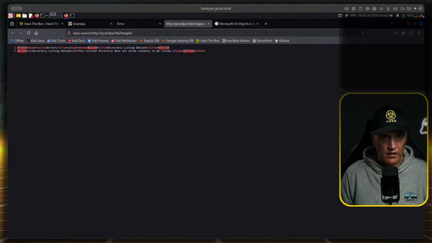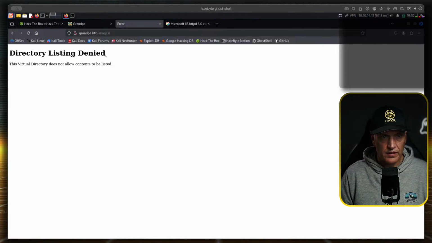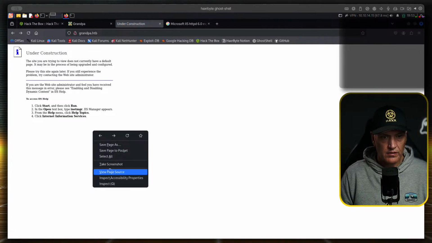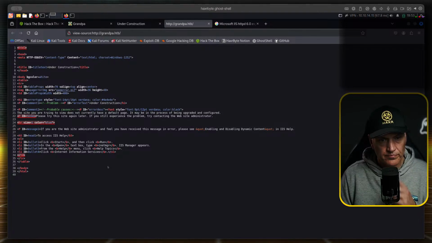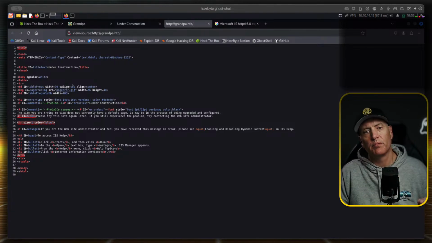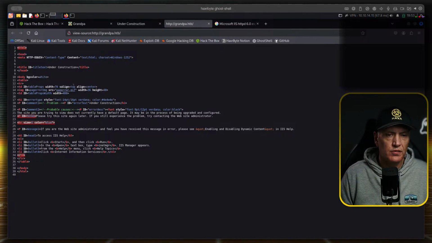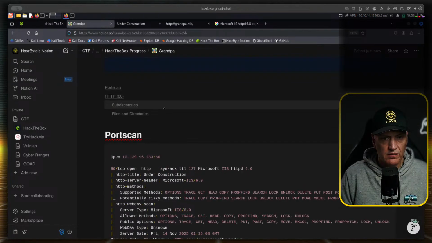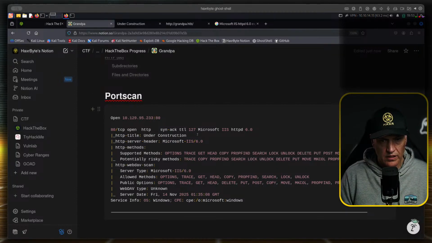Nothing interesting. I think the trick will be we need to identify exactly what version is running, and Nmap doesn't give us very much.